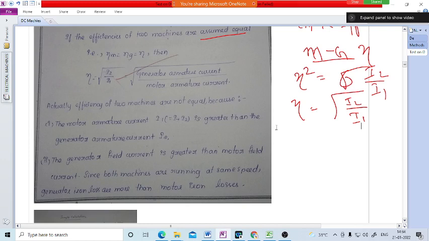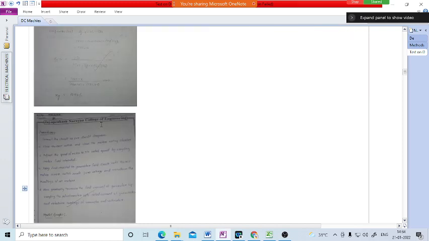We do the calculations for the practical. Here we see the procedure. Connections are made as per the circuit diagram. Close the DP switch and start the motor. Adjust the speed of the motor to its rated speed by varying the field rheostat of the motor. Vary the field rheostat in the generator circuit until the rated